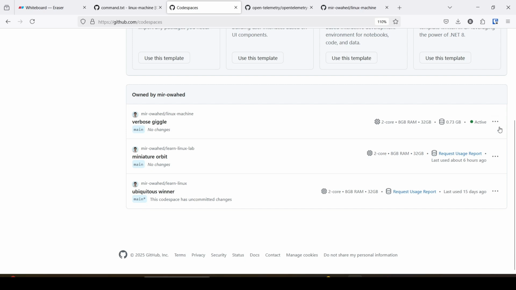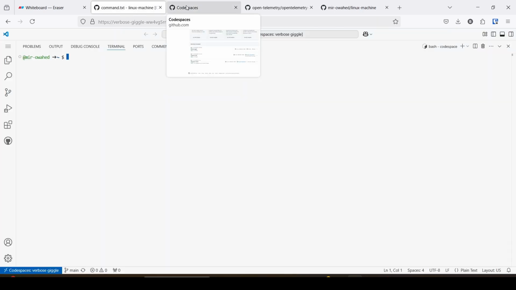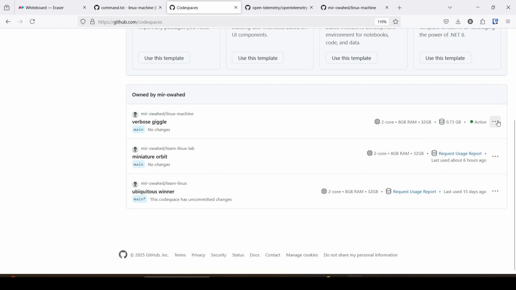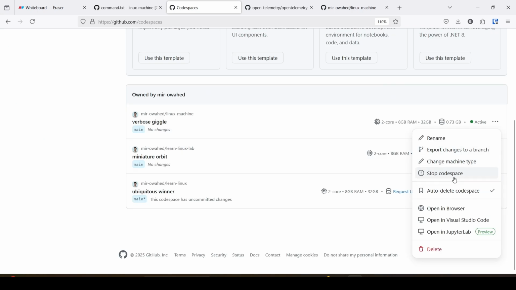Okay, if you want to stop this machine, because every day you can use 2 hours and 60 hours per month, after practicing on the machine, you just go to Codespaces, click on the three dots and stop the codespace. If you delete the codespace, just click on the delete button. You can create it again. Okay, I want to stop this machine